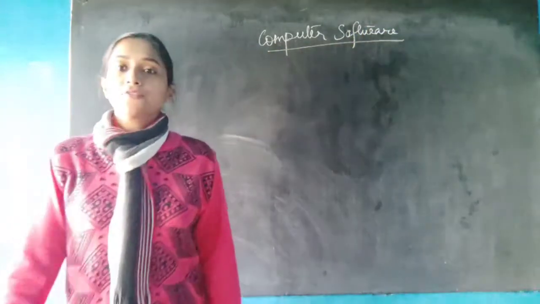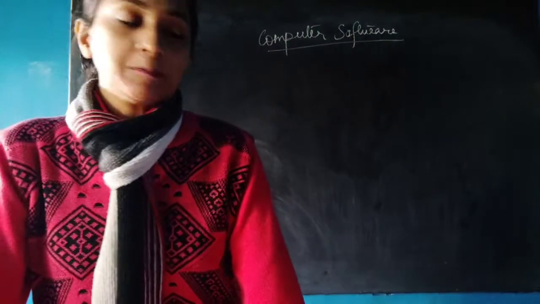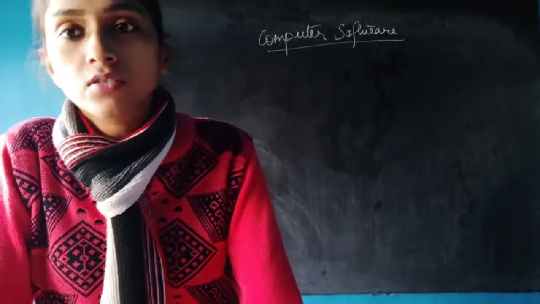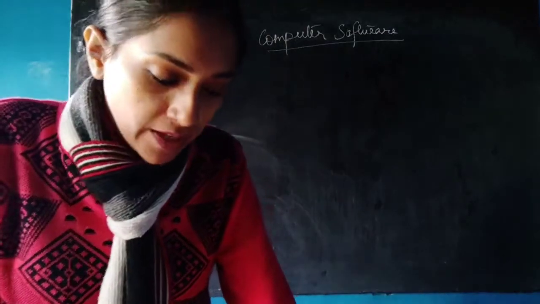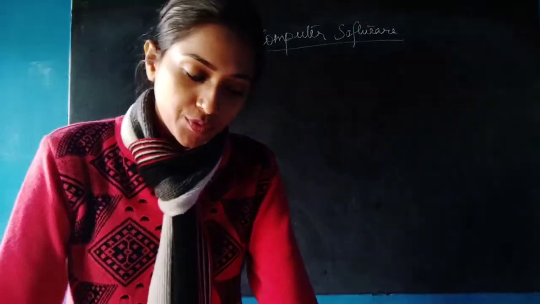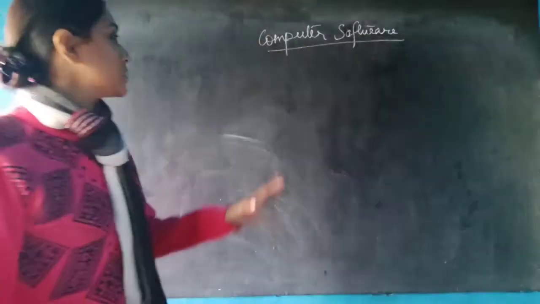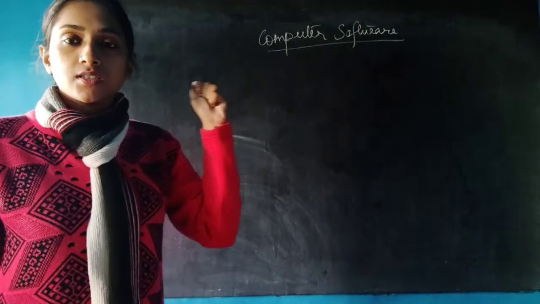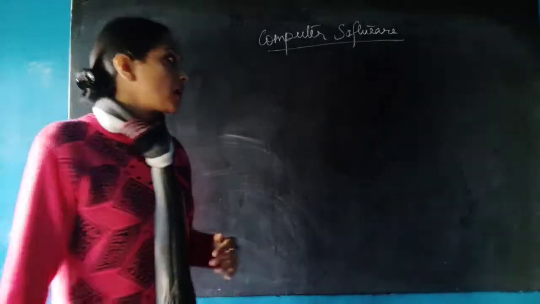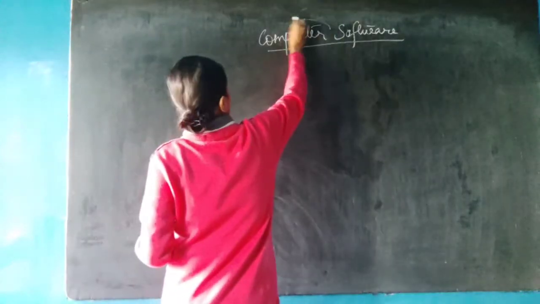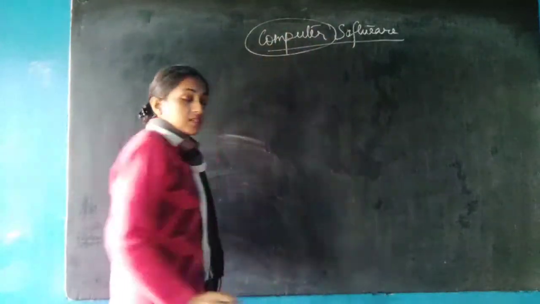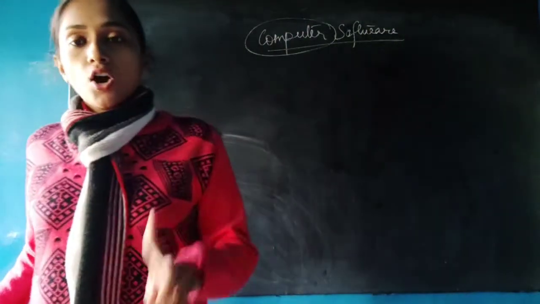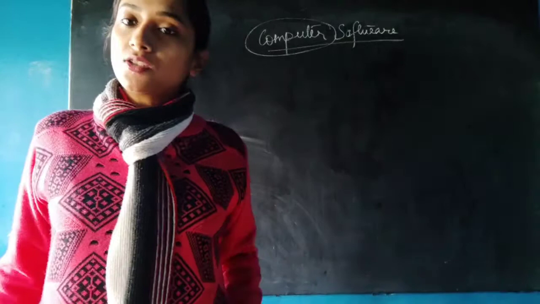Now see, after completing the first chapter with you, you have got an idea about the computer memory. Now today we will start with the software. So at first we need to know what is software. But before starting with the software, I will start with the computer. This computer is primarily composed of two parts. One is hardware, another one is the software.